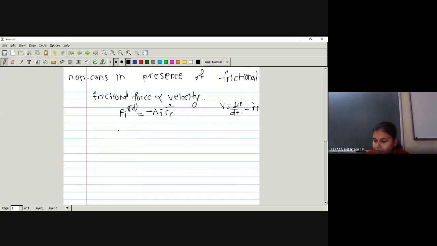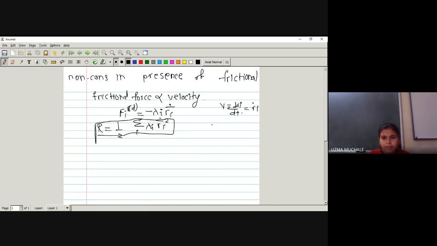Okay, now as we have seen forces, there is one function capital R which is given in our physics notes. Capital R is equal to 1 upon 2 summation over i lambda_i r_i dot square. Okay, what is this capital R? Actually, we have derived frictional forces from a function of this form. So frictional forces we are going to find out with the help of some function R equal to 1 upon 2 summation over i lambda_i r_i dot square.